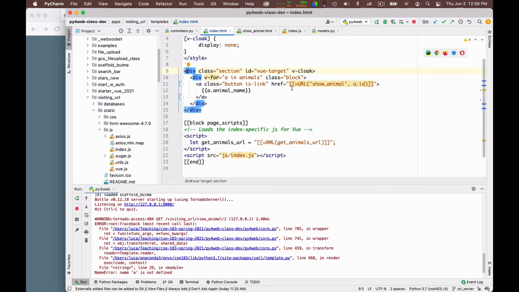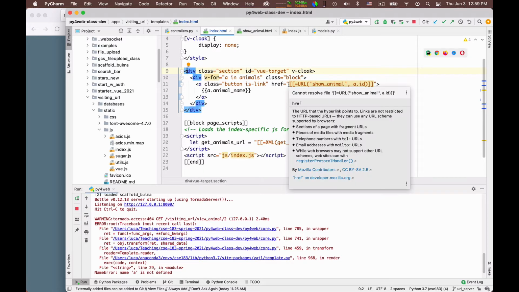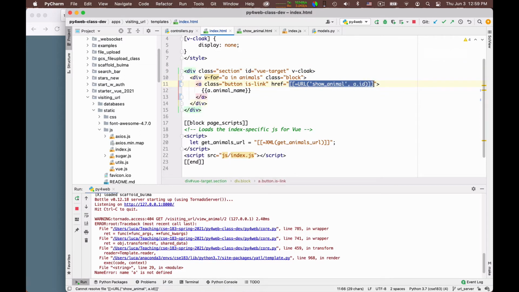We are mixing things that happen on the server, such as this template evaluation, with the things that happen on the client, that is in the browser, such as this loop Vue for. What we think or wish is happening, but is not happening at all, is that we executed this Vue for to put out every animal block, and then we have the href behave correctly. But this is not at all what is happening. What is happening is very different.